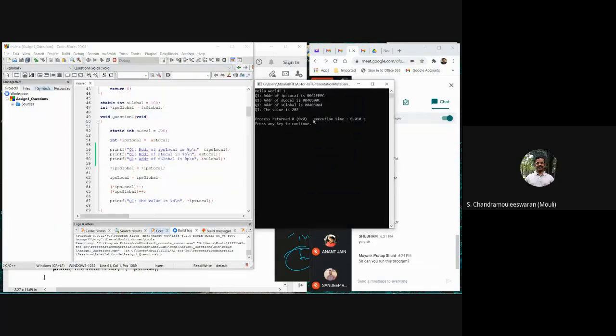Okay, see here, S local and S global, as I told you, they are just residing one behind the other. S local is later; S global has a lower address compared to this address. Why is it so? While reading the code, the compiler saw that there is a static variable which needs to be part of the global area, so it saw it in this order.